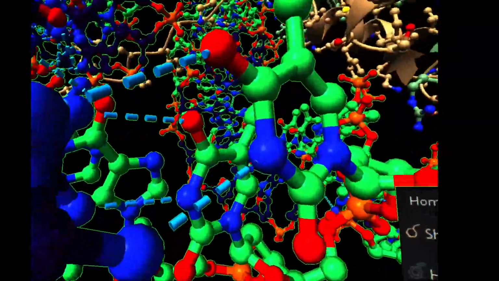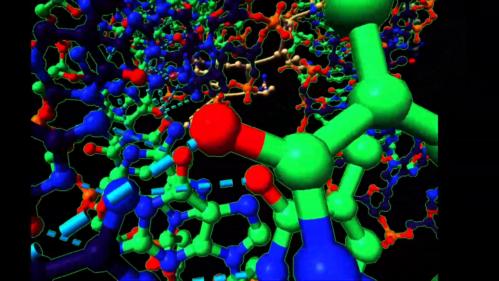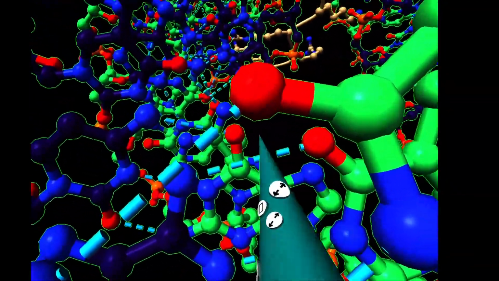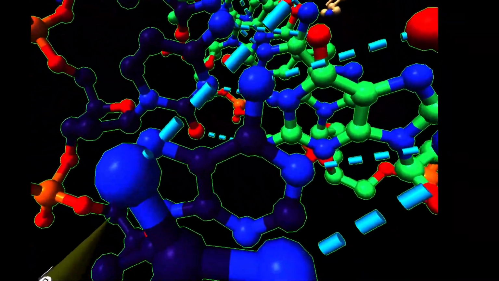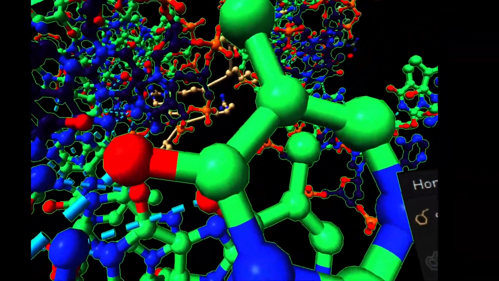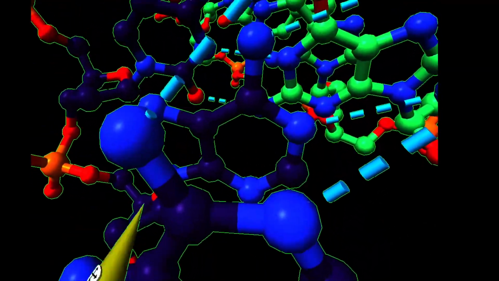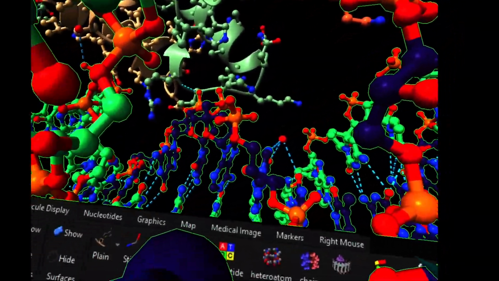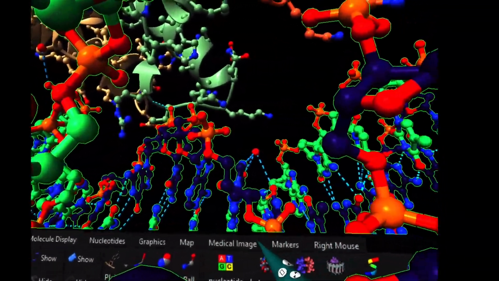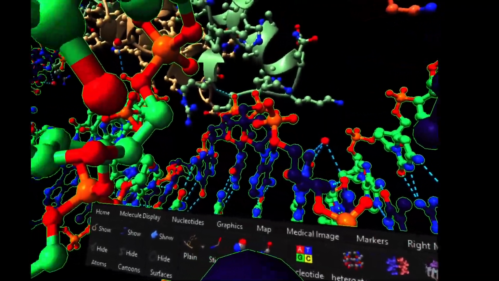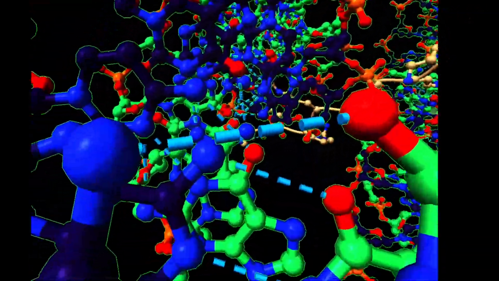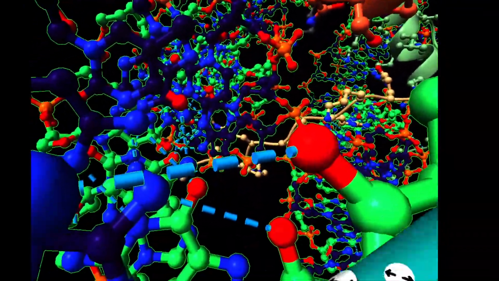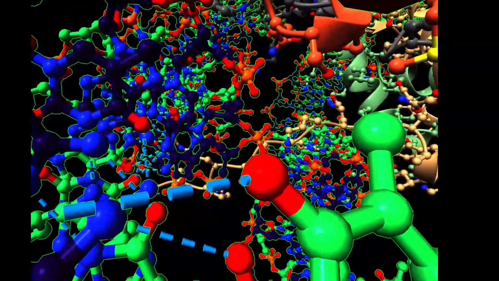So this blue dashed connection right here represents a hydrogen bond which attracts a partial charge right here at the nitrogen of the guanine, which is connected to a hydrogen. I think I have not shown you the hydrogens yet. So to actually view the hydrogen bonding along with the complementary partially positively charged, sorry, negatively charged atom,